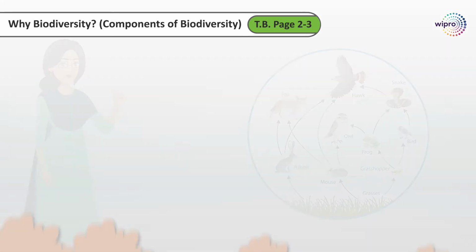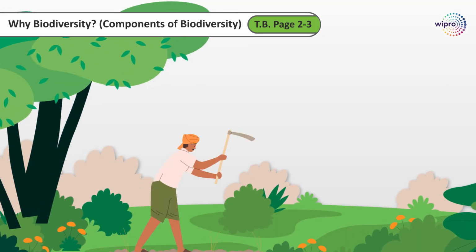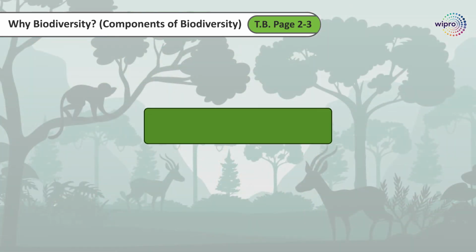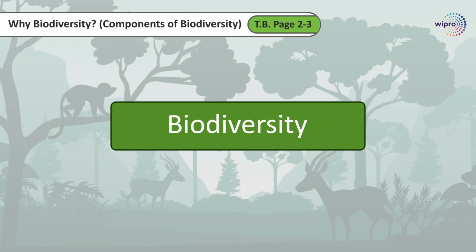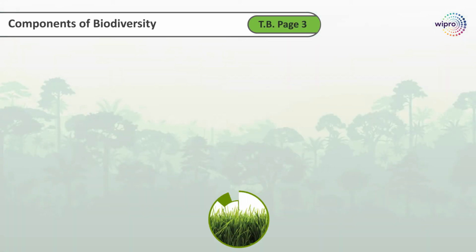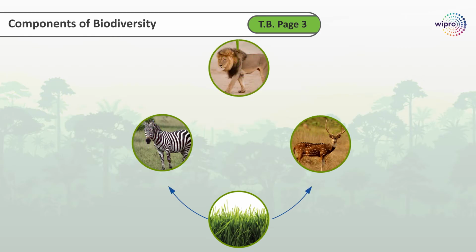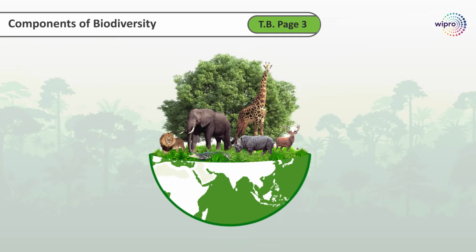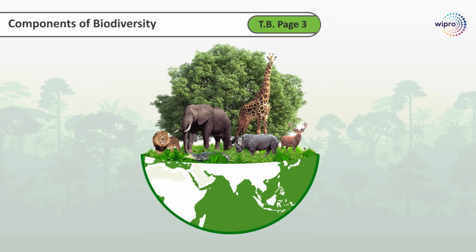This connection is important to all of us because it provides us with a lot of resources and services that we need to live and thrive on this planet. So let's understand more about biodiversity in detail. Living things collaborate and compete with one another to stay alive and reproduce in a wide range of environmental conditions. This has led to an incredible diversity of life on Earth.